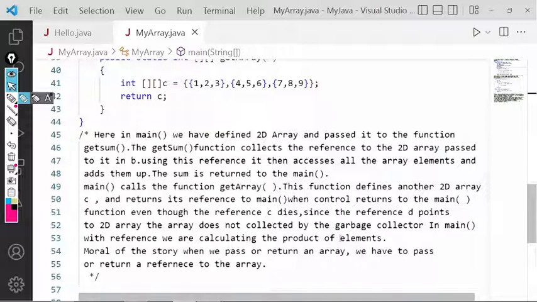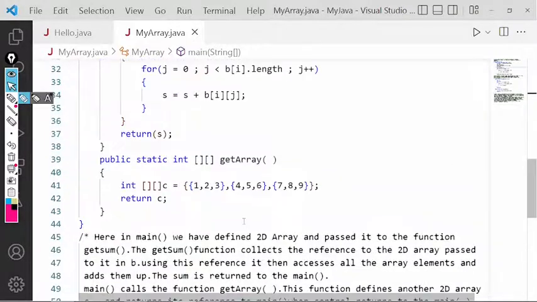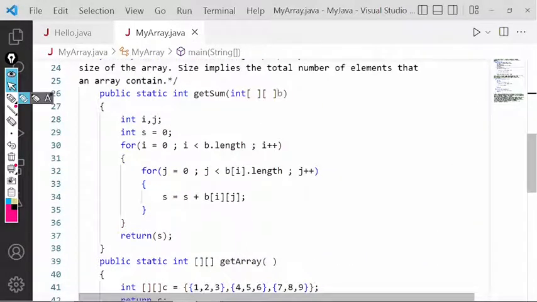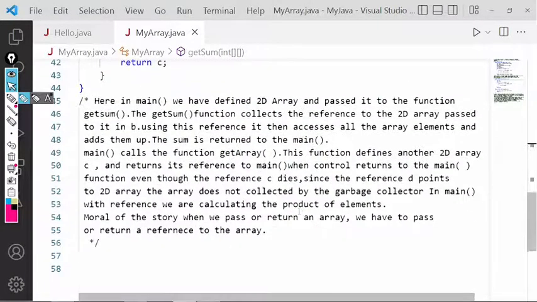Here in the main function we have defined a two dimension array and passed it to the function getSum. The getSum function collects the reference to the two dimension array passed to it in B. Now what is the getSum function doing? It is receiving that reference in B. What is B? B is a reference to a two dimension array. Using this reference, it accesses all the array elements and adds them up.